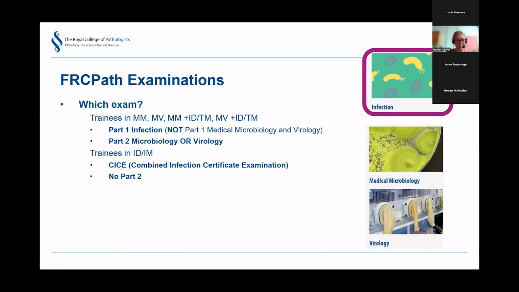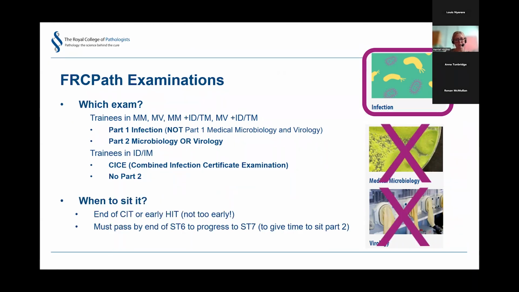That can be confusing, and it's also confusing because there's also an exam that the clinical scientists or microbiologists or virologists from overseas may want to sit, and that's under medical microbiology and virology on the website. So just make sure you're doing the part 1 infection. Any queries, please ask. And when to sit it, so the end of CIT or early into your higher training,